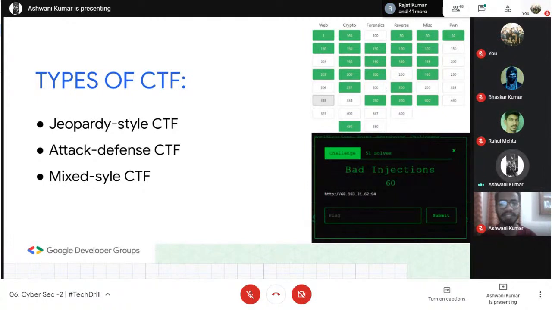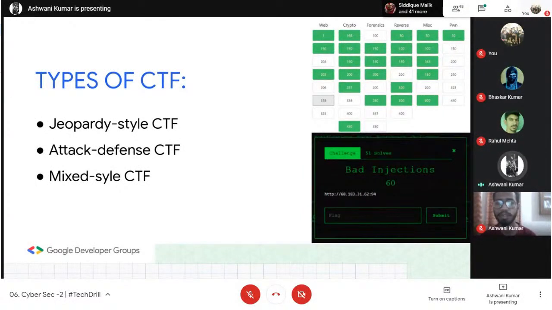It isn't that if you go for a Jeopardy style CTF you have to acquire particular skills, and if you go for an attack-defense CTF you have to gain another skill. You get the same skills for both. It is just about how the lab has been created for you.